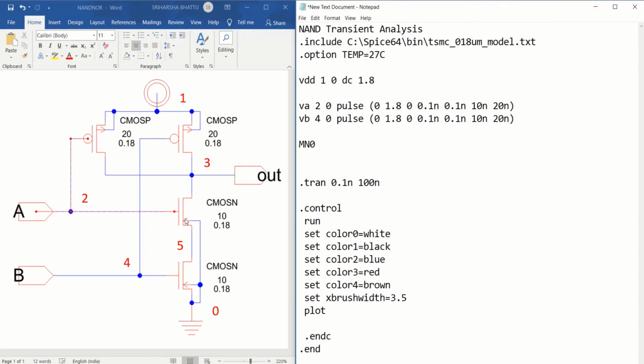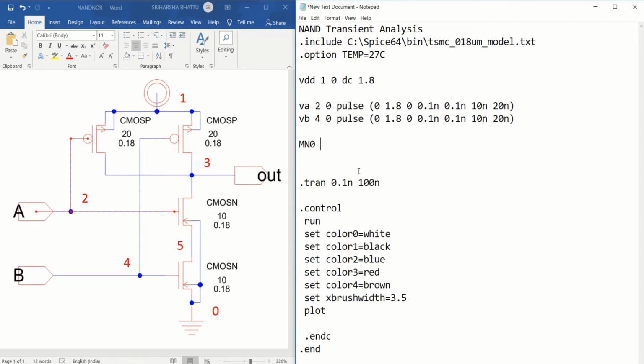For the first NMOS, the order is drain, gate, source, bulk. Drain, gate, source, bulk. So here the drain is connected to node 3. Next, the gate is connected to 2 and the source is connected to 5 and the bulk or the substrate is connected to 0.